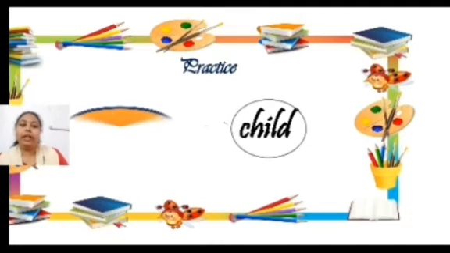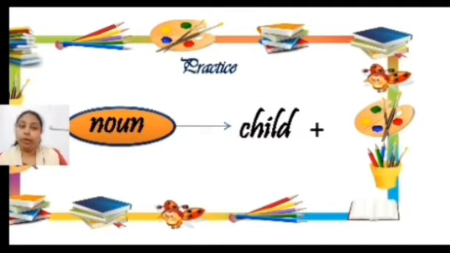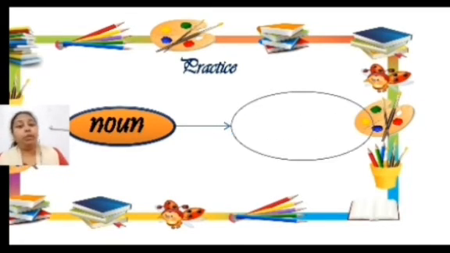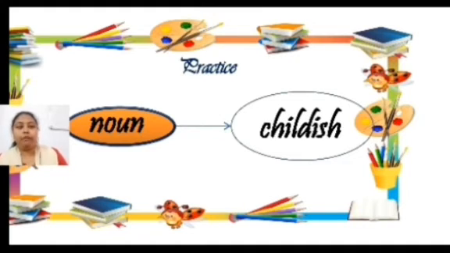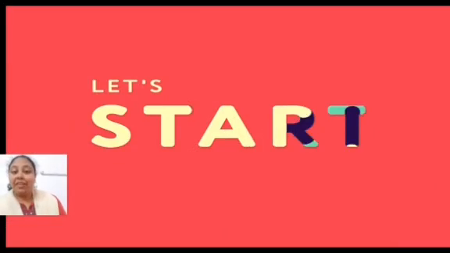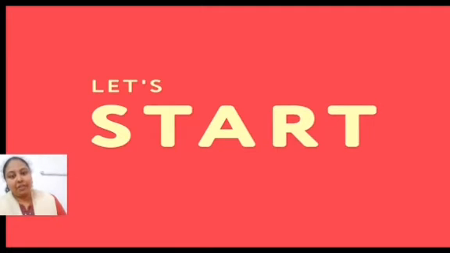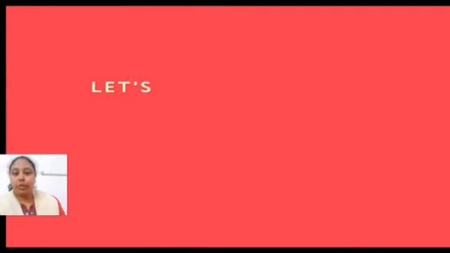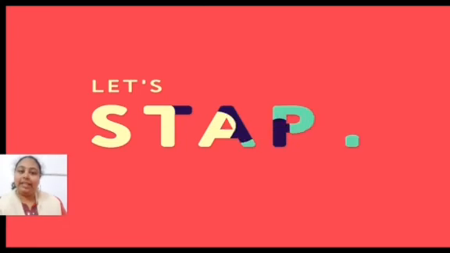The word is child. Here we are going to add the suffix ish. So the new word which is formed after adding ish is childish, which is an adjective. Now children, when we have learnt all the 6 methods of changing a noun into an adjective, let's get started